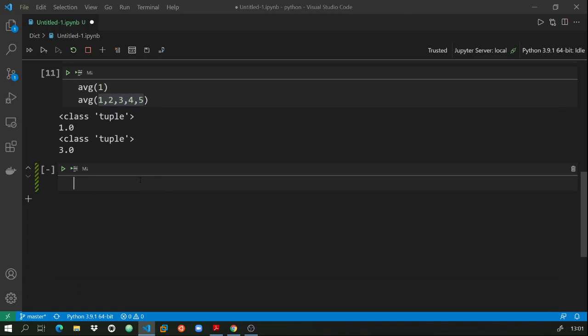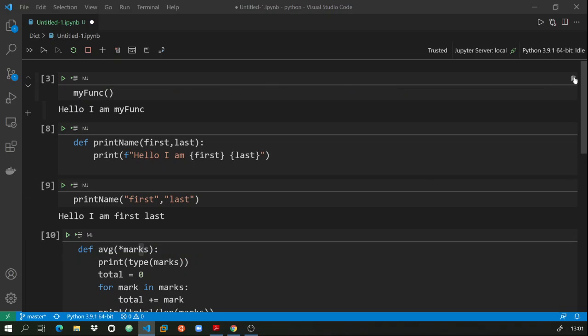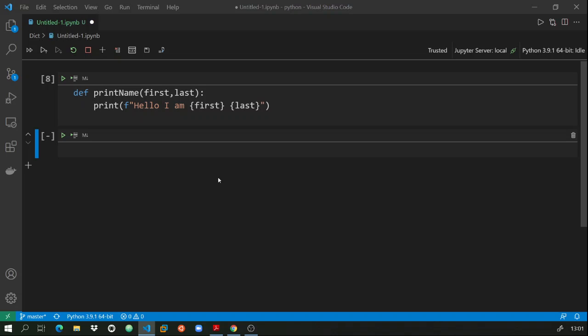Now, as you have seen above in the example, let me go back to that and remove every other function and keep this one showing only. See, here we have provided the first and the last name, but there might be a situation where we also need a middle name. And there can be a situation where the number of arguments that we are passing can extend to 10, 20, 30, 40. So in that case, you will have to remember the order in which these arguments are there inside the function.